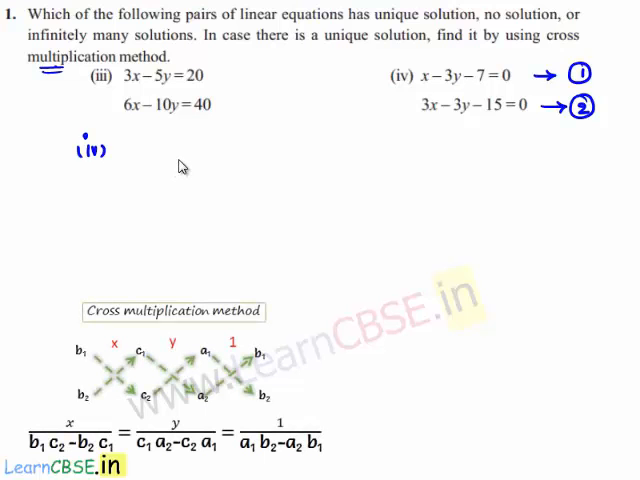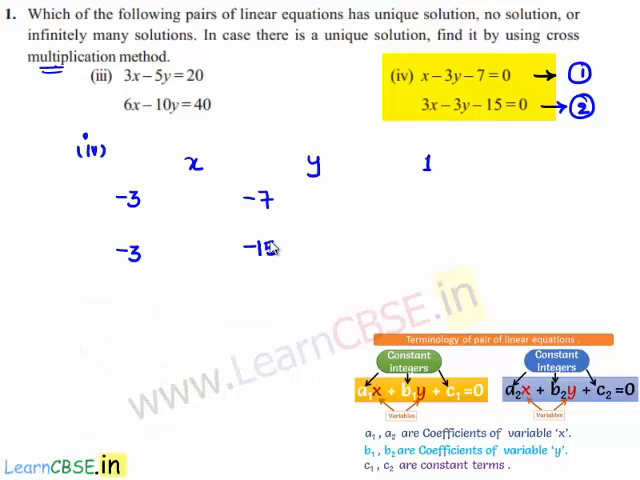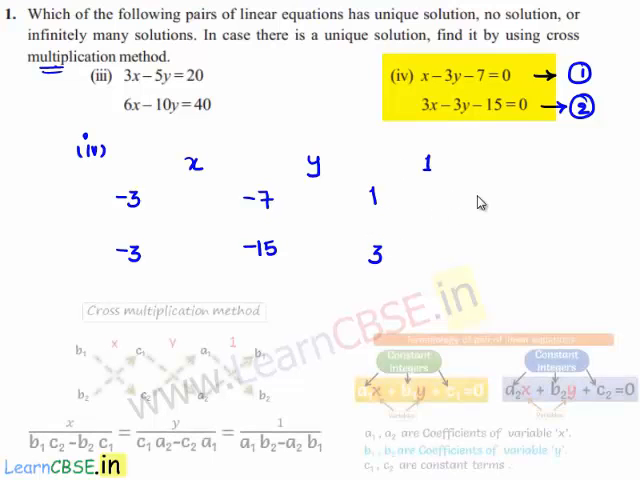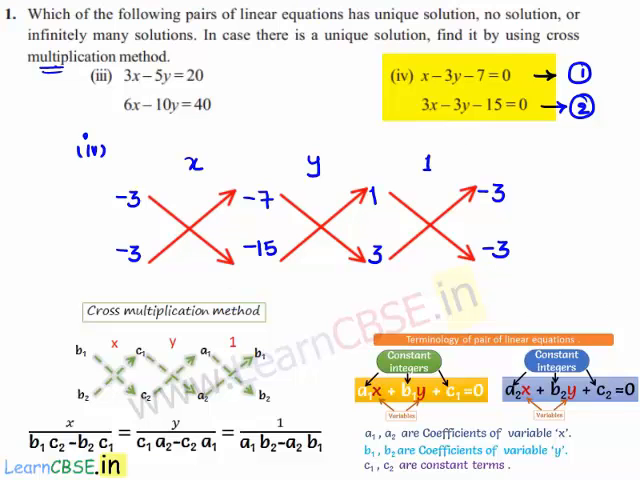For the cross multiplication method, we need to draw the following diagram, which is as x, y, 1. Here we need to write the coefficient of y, which is minus 3, and here is also the coefficient minus 3. Next, the constant term, which is minus 7, and here the constant is minus 15. Next, the coefficient of x, which is 1 and 3, and again the coefficient of y, minus 3, here is also minus 3. Now we can write